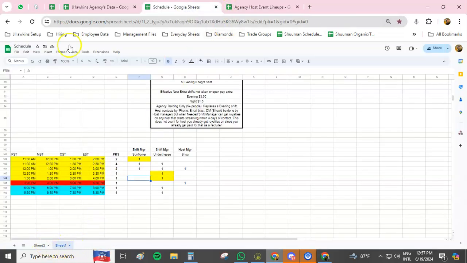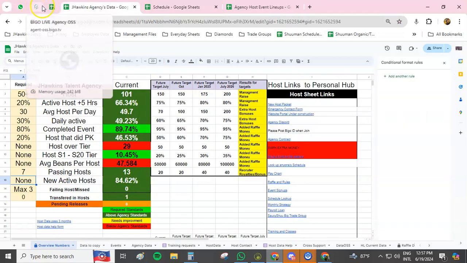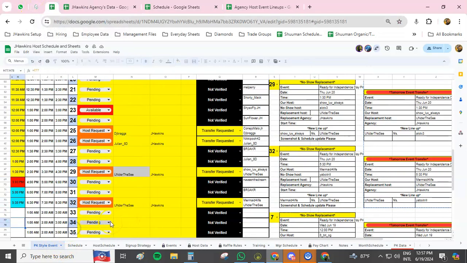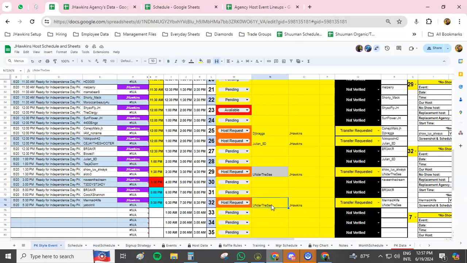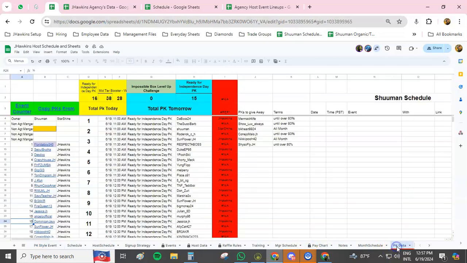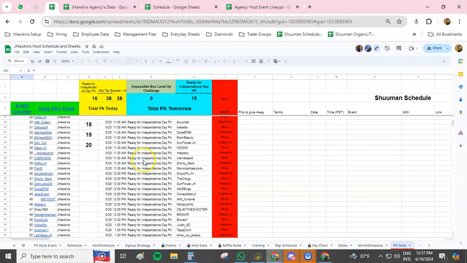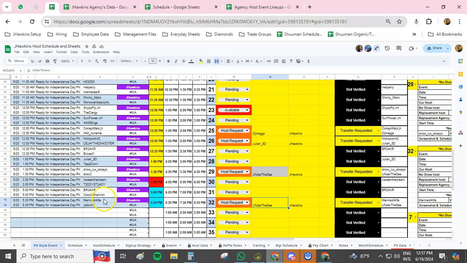So when it's updated, we're basically going to do the same thing we did with the other transfers. We're going to take these IDs, we're going to go to the PK data, find the right person that they're replacing, replace it. And then when you look back here, before you delete everything, under the C should be here, under the C should be here, Julian should be here, and DJ Braggs are here. So if all that looks right and the agencies are still popping up here, then you can just go ahead and